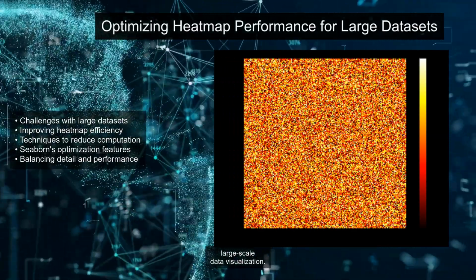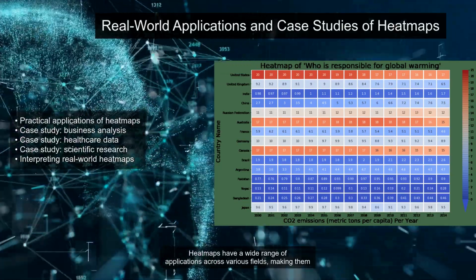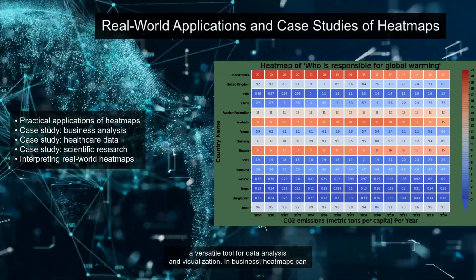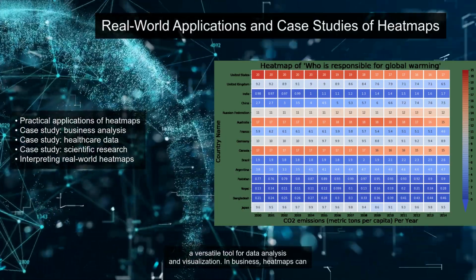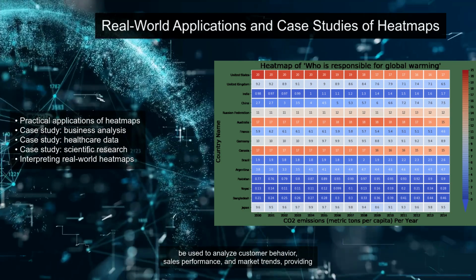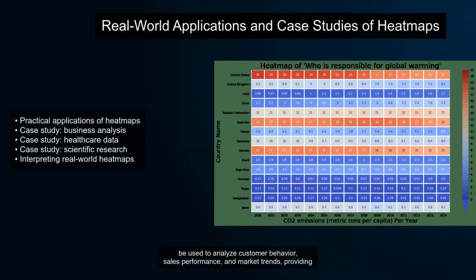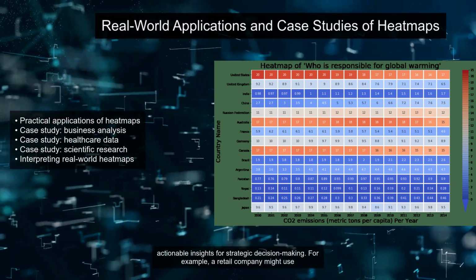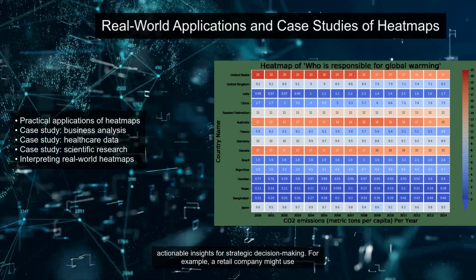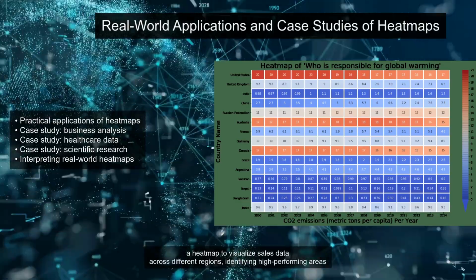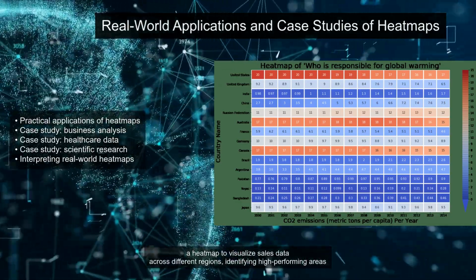Heat maps have a wide range of applications across various fields, making them a versatile tool for data analysis and visualization. In business, heat maps can be used to analyze customer behavior, sales performance, and market trends, providing actionable insights for strategic decision-making. For example, a retail company might use a heat map to visualize sales data across different regions, identifying high-performing areas